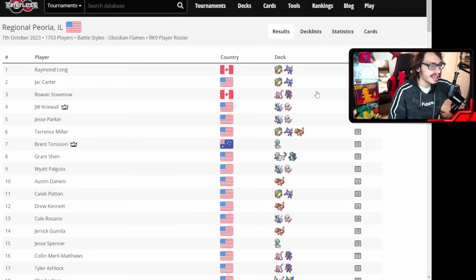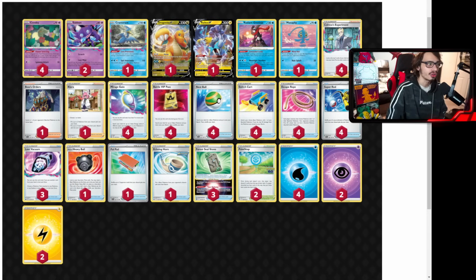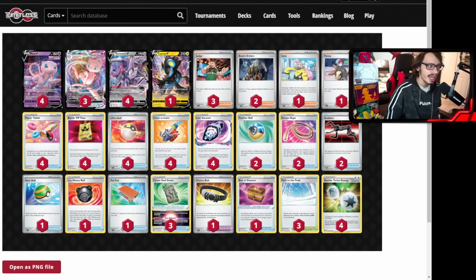Definitely a bit of a different take on Kyogre. Then, of course, we got the second place deck, which is good old Turbo Lost Box, the Lost Box mirror in the finals. Yeah, Turbo Lost Box, though, Kyogre. That's also 2 tournaments in a row now in North America that Kyogre's won. We actually have a Mew EX in top 4, which is something that not a lot of people would have seen coming because of Charizard,